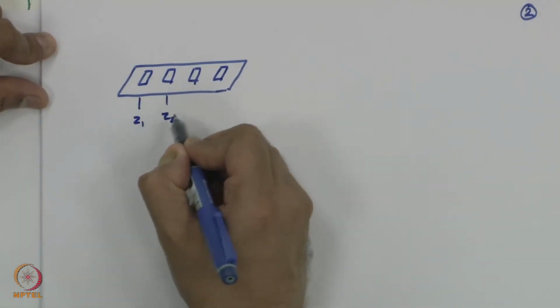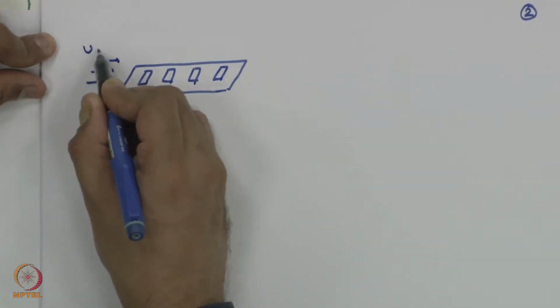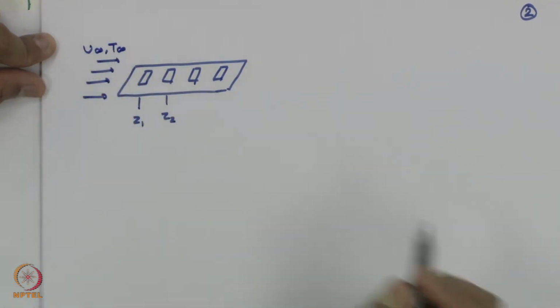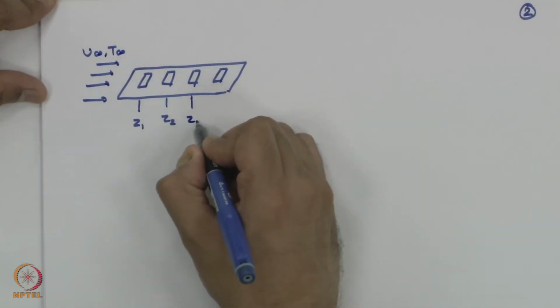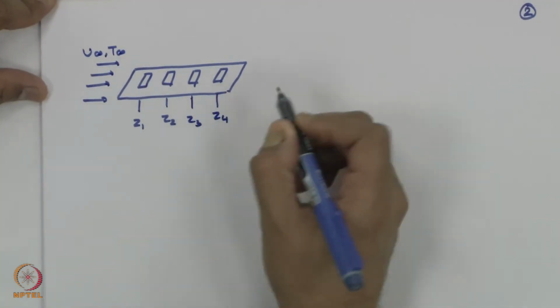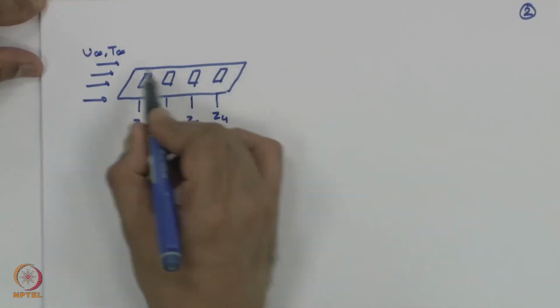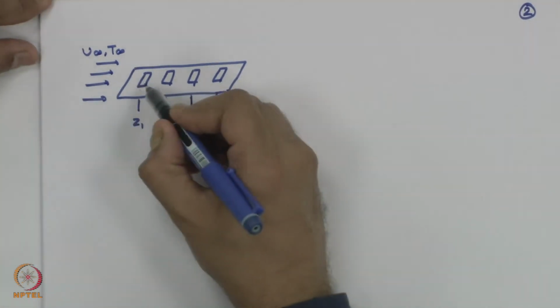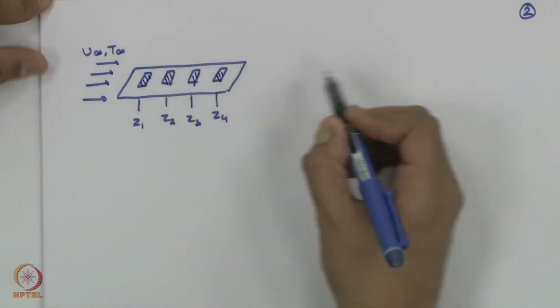This is at Z1, this is at Z2, and u infinity, T infinity is the free stream velocity and the temperature of the free stream fluid, this is Z3, this is Z4. What we are trying to say is, this is cooled by passing air over this heated plate and there are 4 different heat generating components,